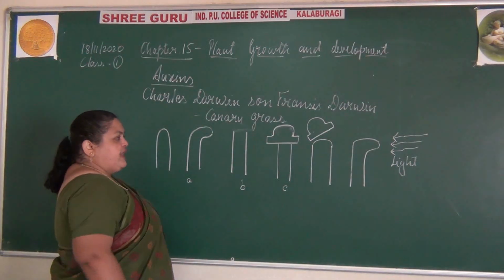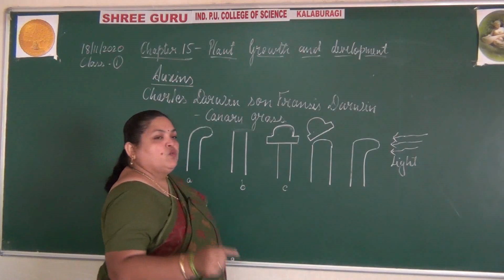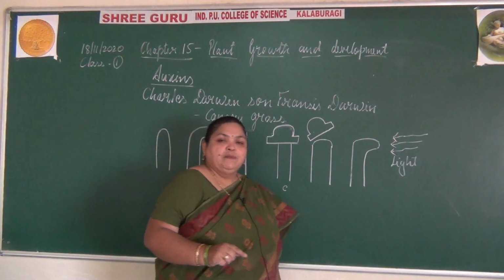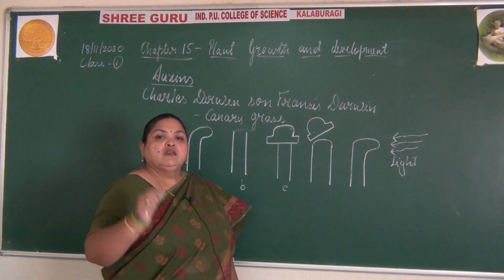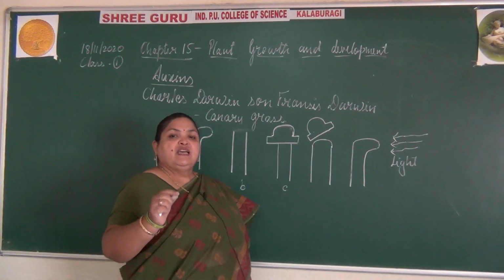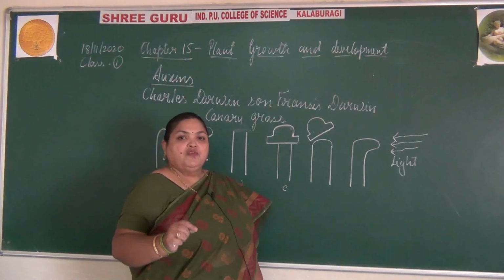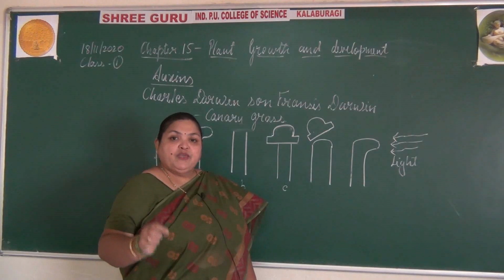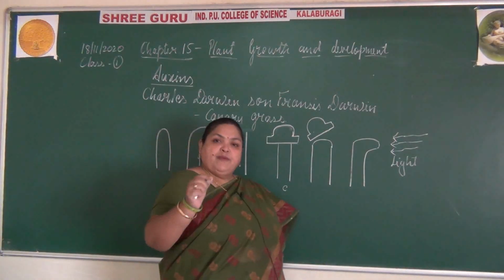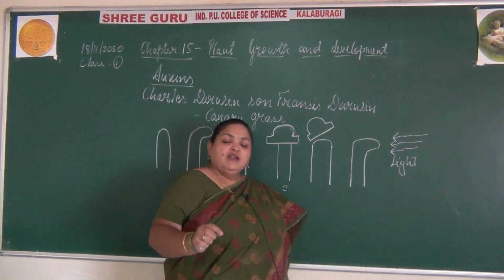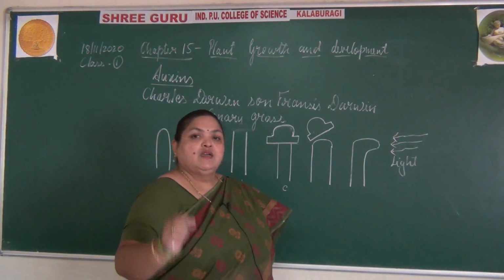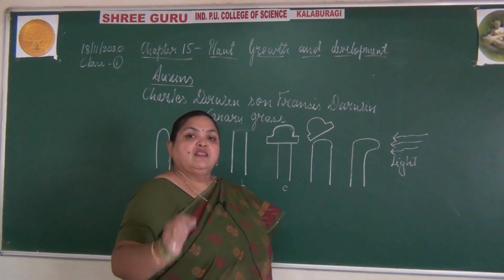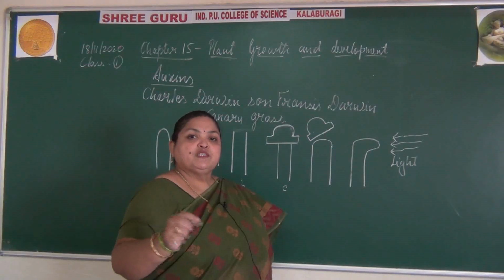Then they confirmed that the light, when it falls on the coleoptile, stimulates some chemicals in the region of the shoot apex, which made the meristematic region,